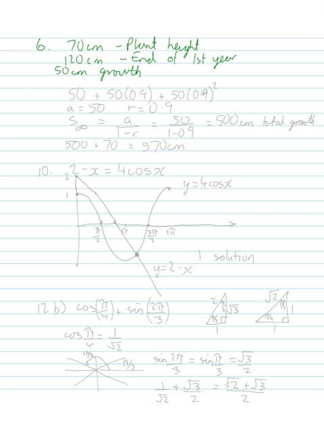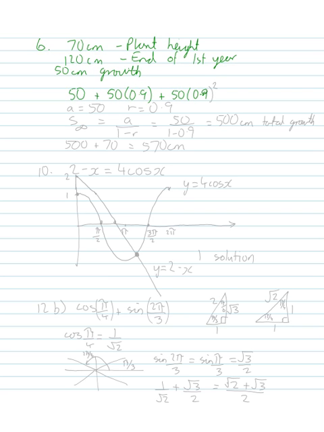Now the question then tells us that each year's growth was 90% of the previous year, and so you can see by that instantly they're setting it up as a geometric progression in terms of the growth. So the growth is a progression. The first year's growth is going to be 50 centimetres, then the second year's growth is going to be 50 times 0.9, because that's 90%, and then because it's 90% of the previous year, the successive year will again be,